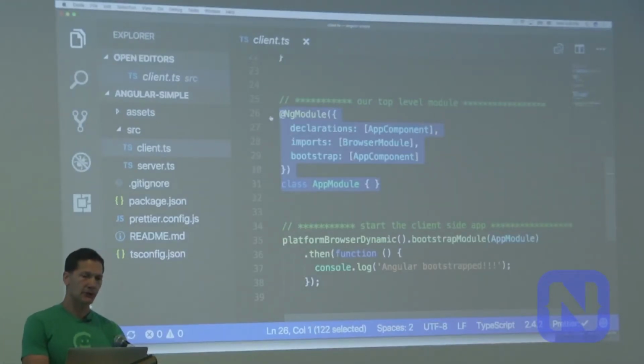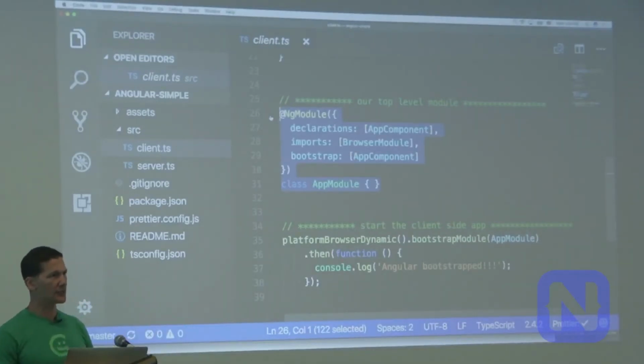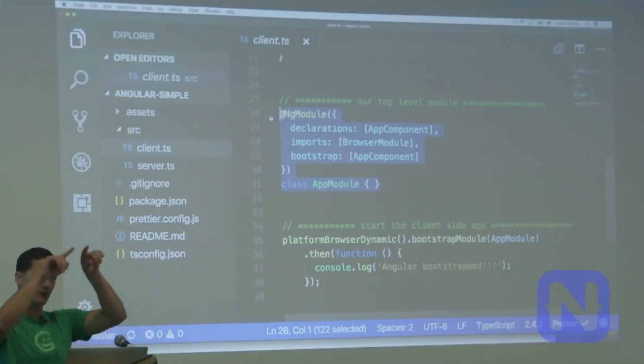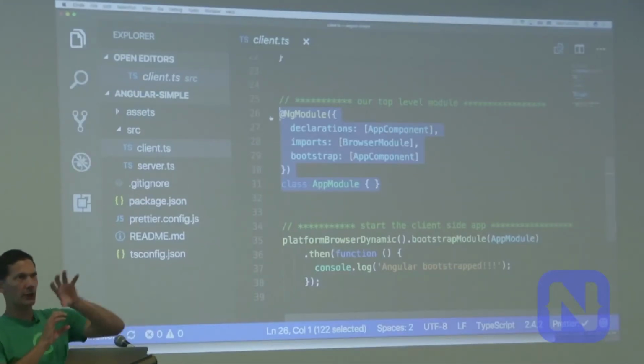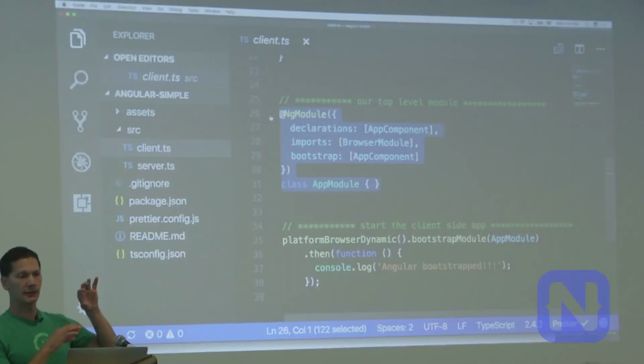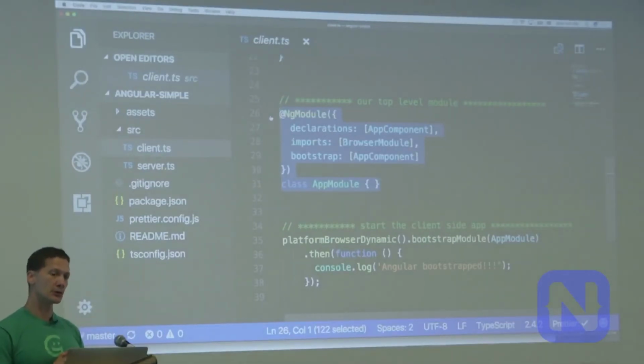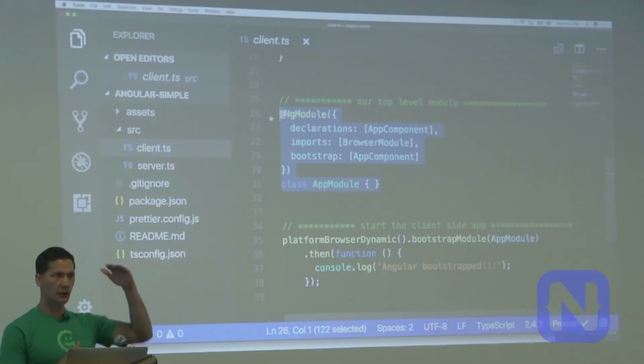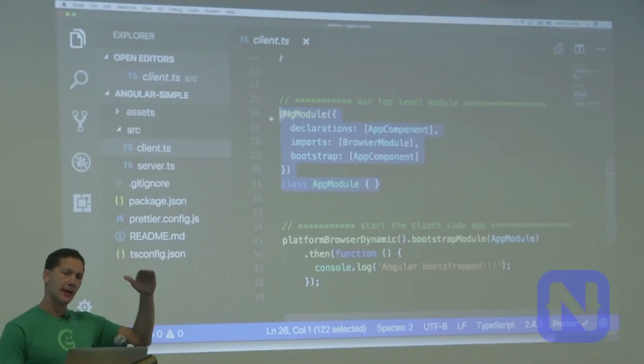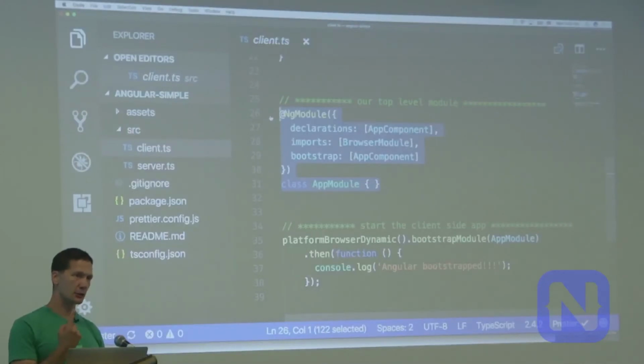All right, the module. So Angular is built at the top level on modules. And you should think of Angular just like when you're building a web page, and this is the same concept as in other frameworks as well, is thinking of breaking your visual page down into components and a tree of components, that you have the page itself, and the page consists of a header and a main section and a footer, and then those three have maybe subcomponents and subcomponents, so there's a tree there, right, for components. It's the same thing for modules, that there is a tree of modules starting out with whatever you're bootstrapping at the top. And in this example, I just have one module. Just this app module is the only thing.